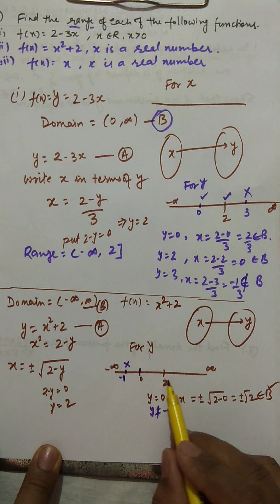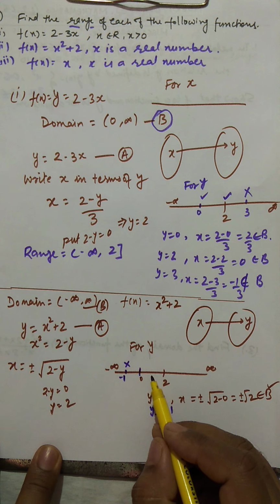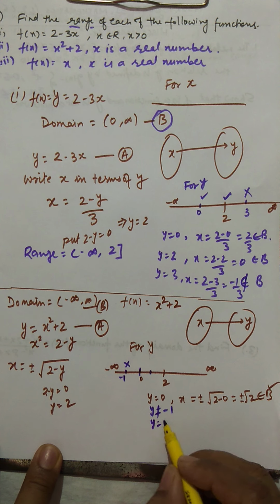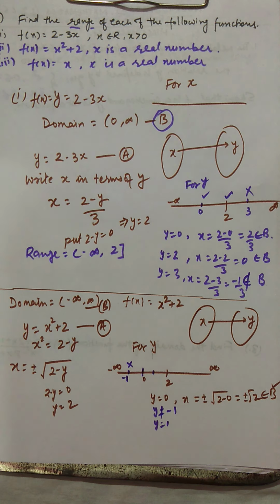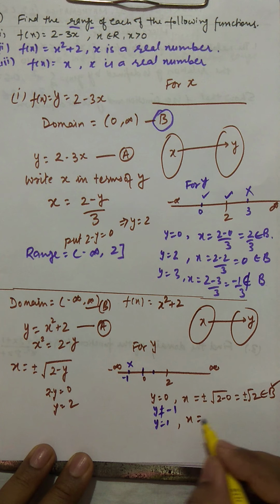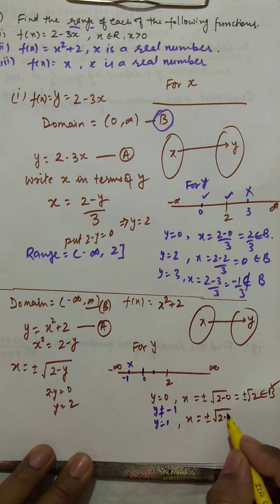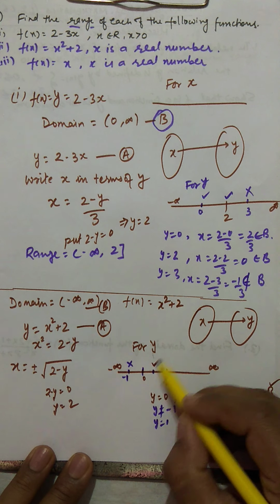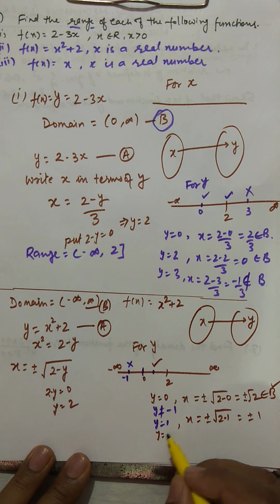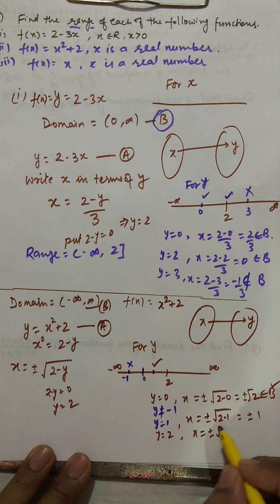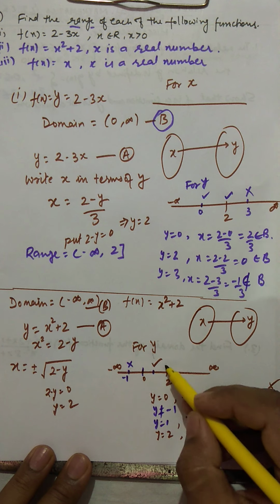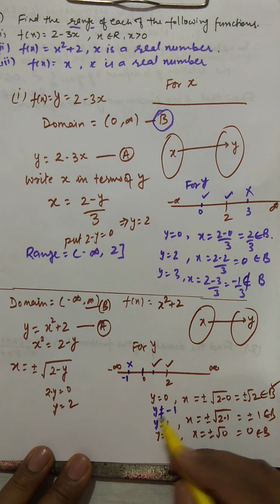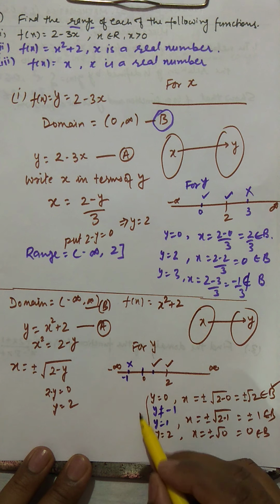Now we'll go from this side, 0 to 2. 0 to 2, you take some example, 1, that can be taken. Y equal to 1 you take. So if I take y equal to 1, then x will be plus minus under root 2 minus 1, so this is plus minus 1, so it's okay. Now this can be taken. Now y equal to 2 you take, so x is going to be plus minus 0. This is 0, it can be taken. So they are all satisfying B, and this is all satisfying your A condition.